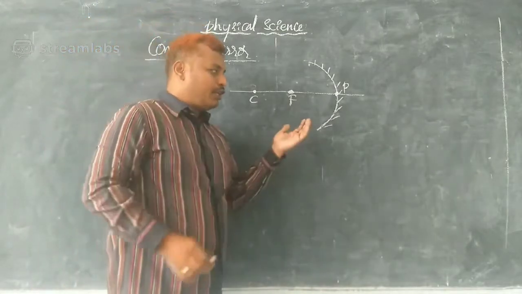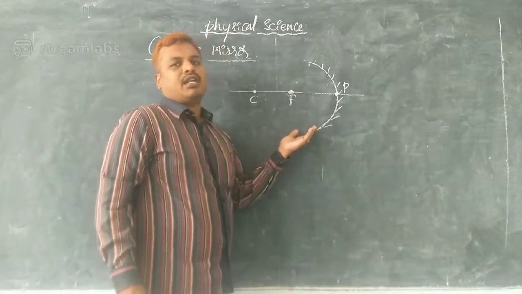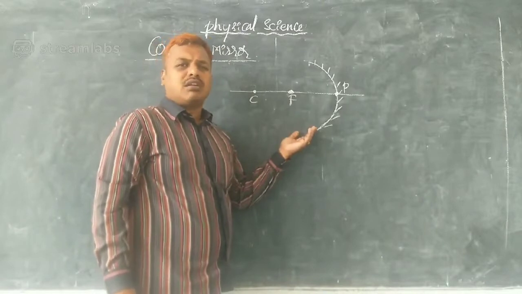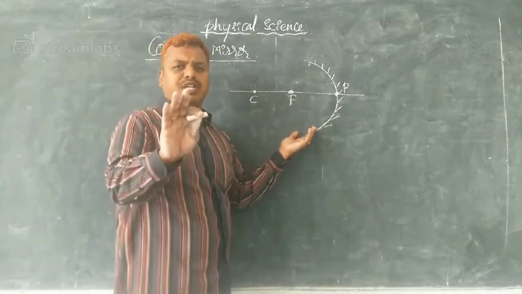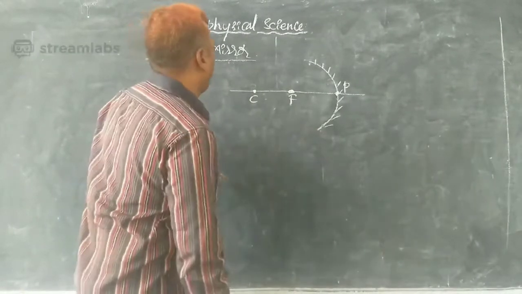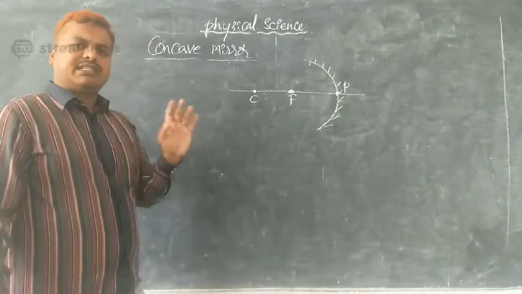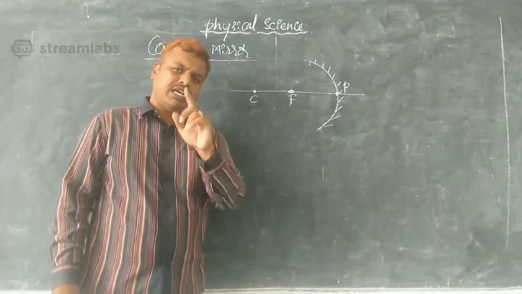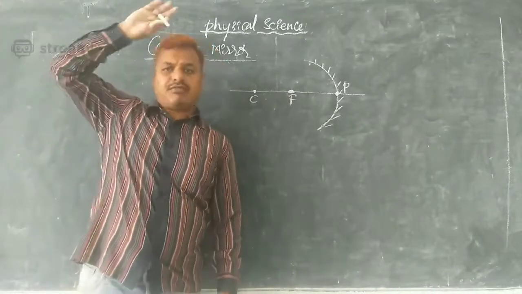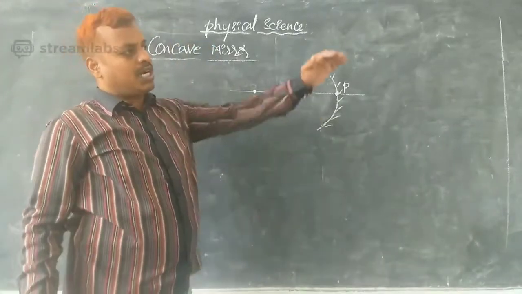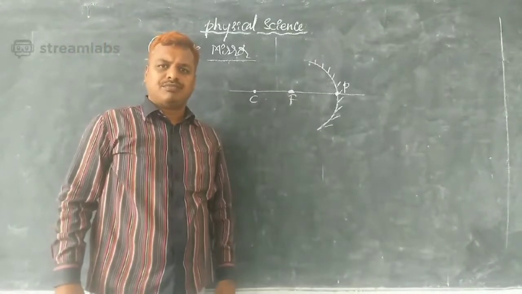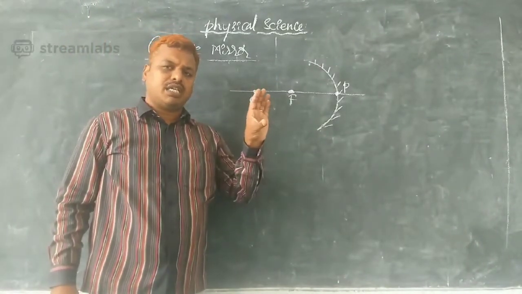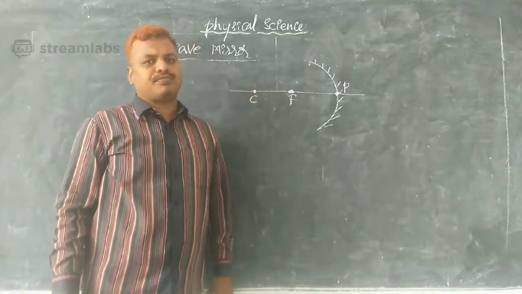When you take a concave mirror, it is always going to give you a real image. What we do, we take 6 cases. First of all, we place the object somewhere at infinity. A tree is far away, and I am showing this concave mirror towards that tree.